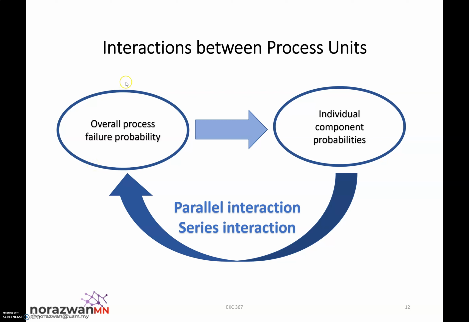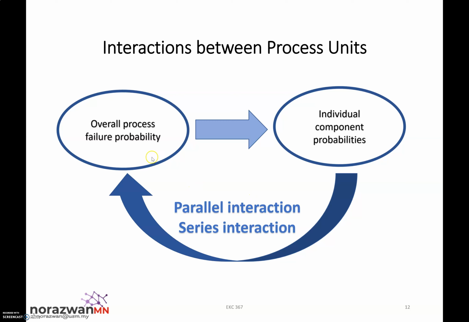So for conclusion for today, the interaction between process units can be summarized as you have your individual component probabilities. To determine your overall process failure probability, you need to determine your individual component probability first. Then through the interaction between these units, you can find out later your overall probability. So between these two, there are